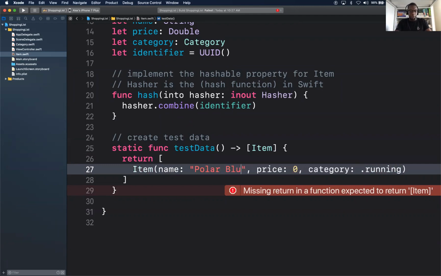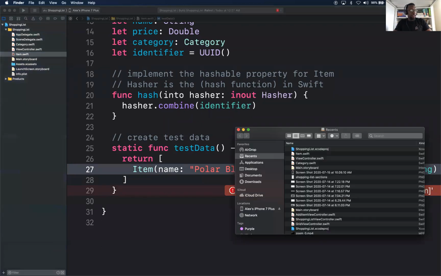We'll just add enough items to populate all the sections. Let's see. Make this easier. Maybe we could just grab some items somewhere. Give me a second.